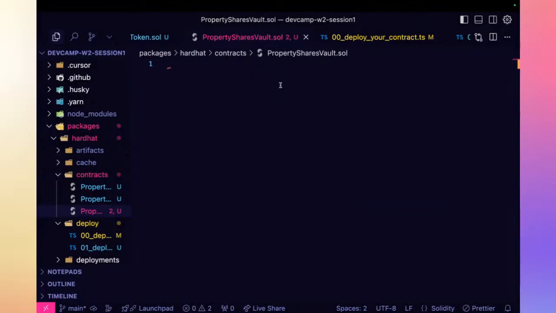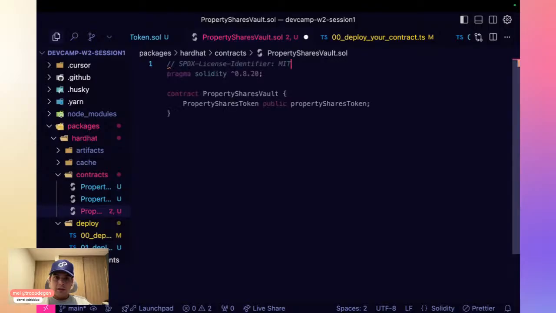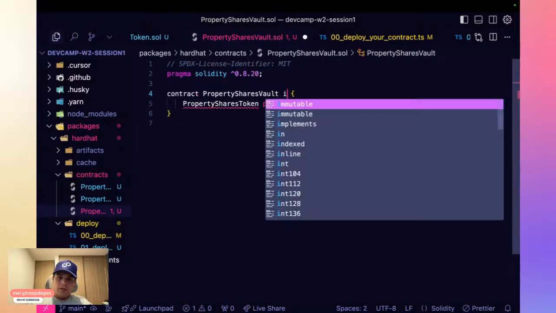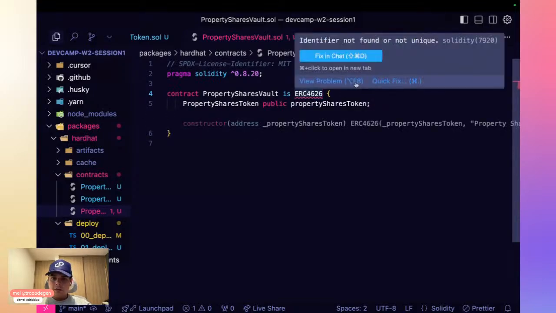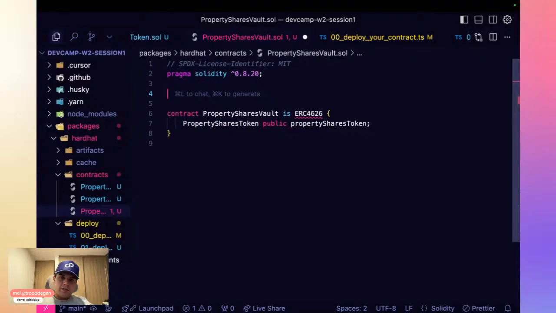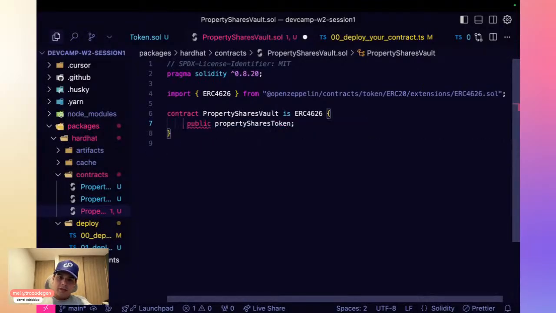And here we are going to first do the SPDX license and our pragma solidity, and we will say that this one is going to be an ERC 4626. It isn't finding the import. Okay, I believe we can just call this.